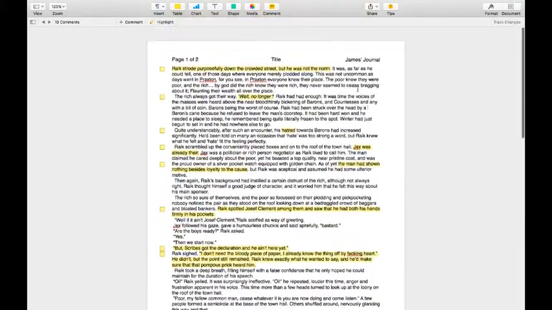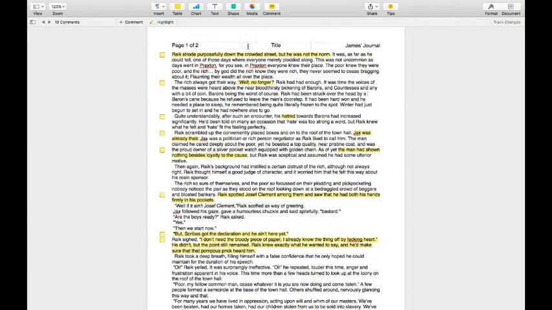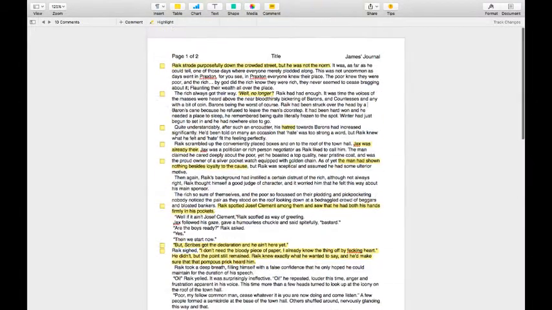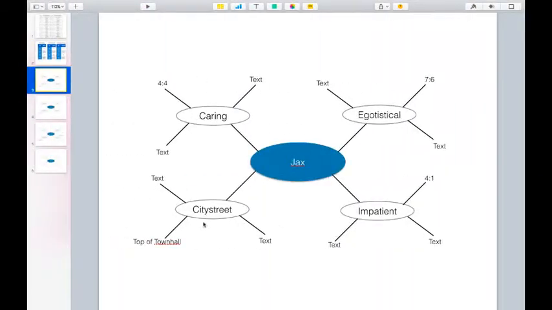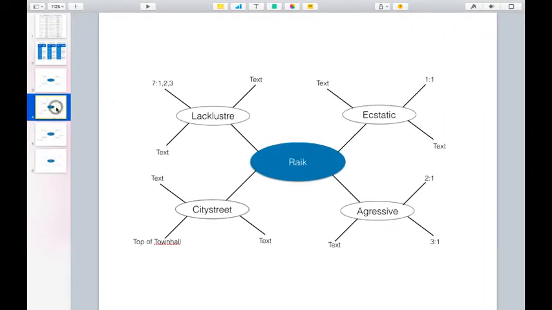So yeah, I think that's enough of an example. You get how that works. The highlighting is more for myself so that I know where it is, but yeah, there we go. And his place in the setting is on top of the town hall. So as you'll hear when I do the reading, he starts on top of the town hall. That's where we first see him, and he's beside the revolution leader Reich. And Reich's giving his speech, and Jax is there to support him.